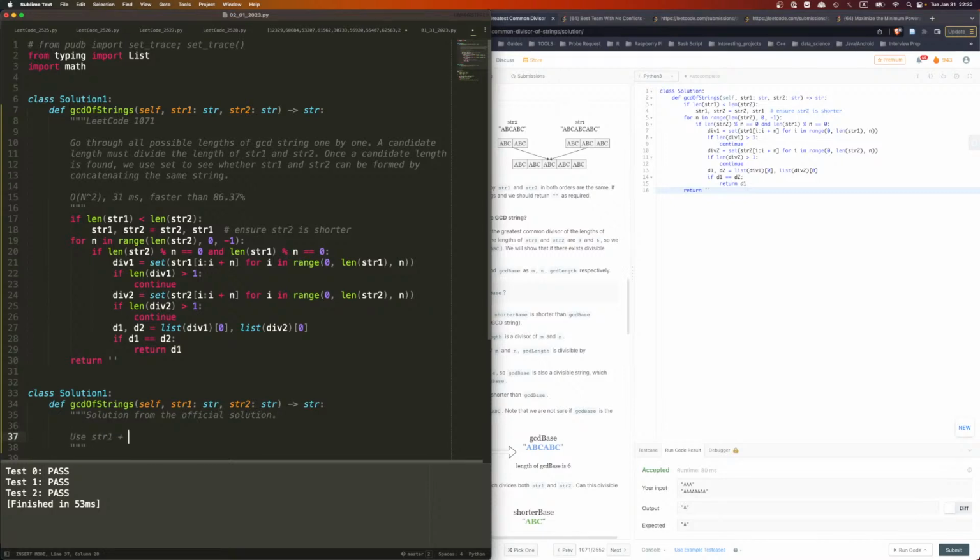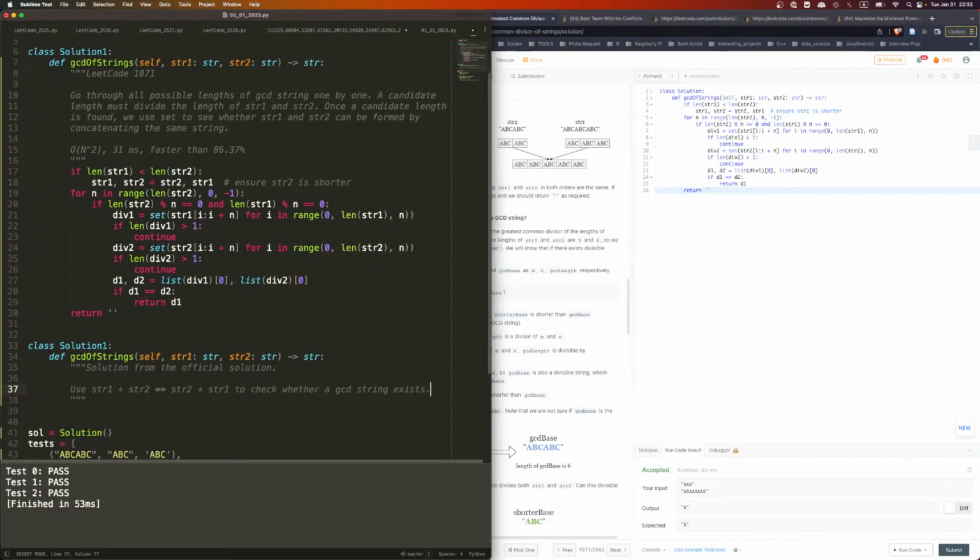Use str1 plus str2 equals to str2 plus str1 to check whether a GCD string exists. And if it exists,